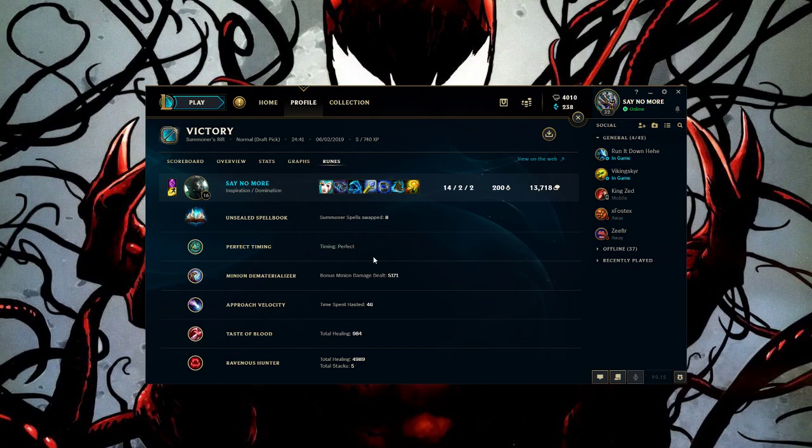Which is why Spellbook is good. I'm going to talk about the stats now. See, the stats are actually really decent on the bonus minion damage dealt. Now, let me look at something. I'm checking to see. So yeah,